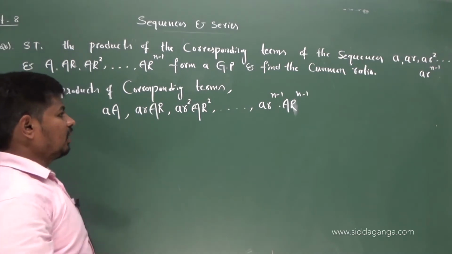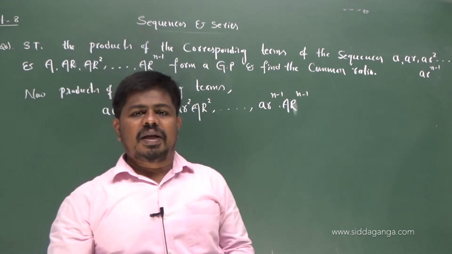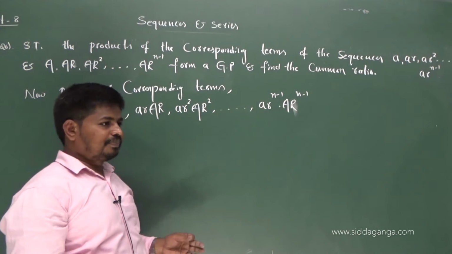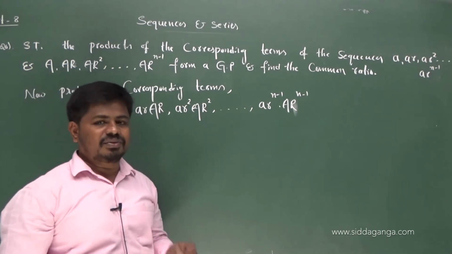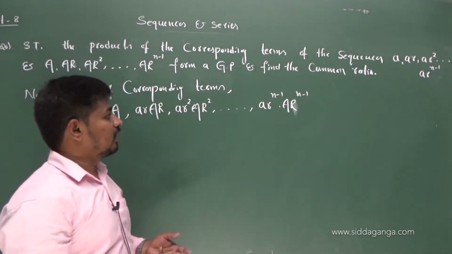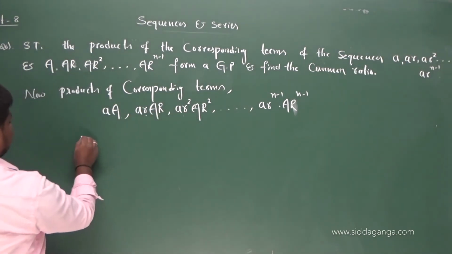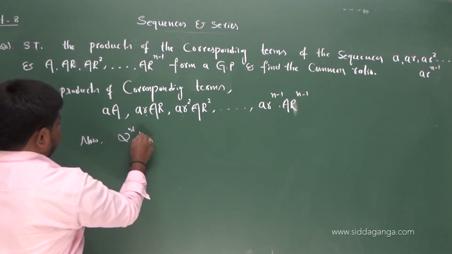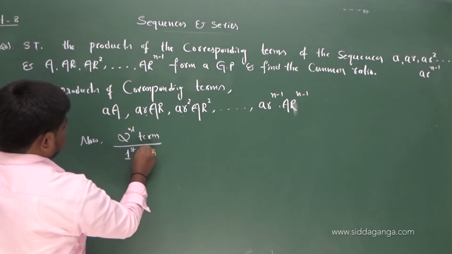Okay, very simple. Condition for GP. What is the definition of GP? A sequence is said to be a geometrical progression or GP sequence in which the ratio of the successive terms, or the ratio of a term and its preceding term, is constant. That is what we call the common ratio. So now let me find A2 by A1, A3 by A2 and so on. So now second term by first term, A2 by A1, gives what?